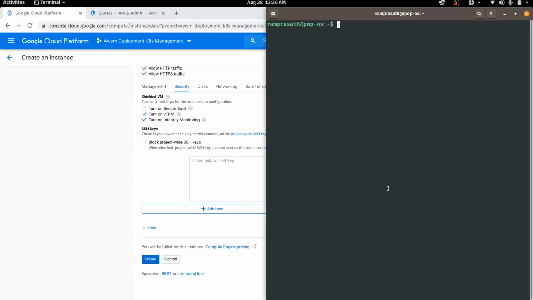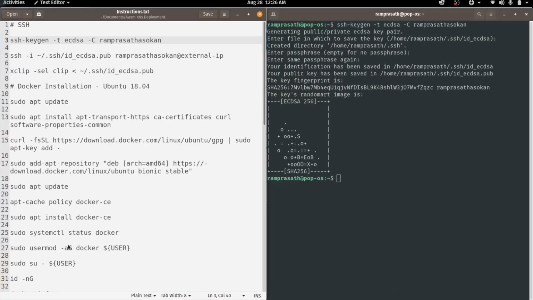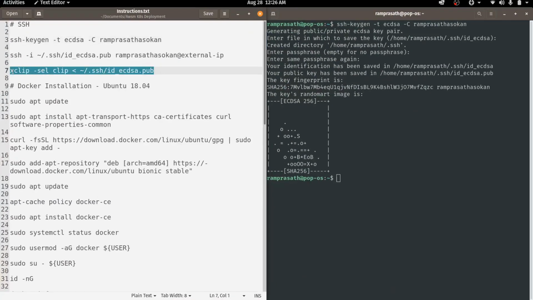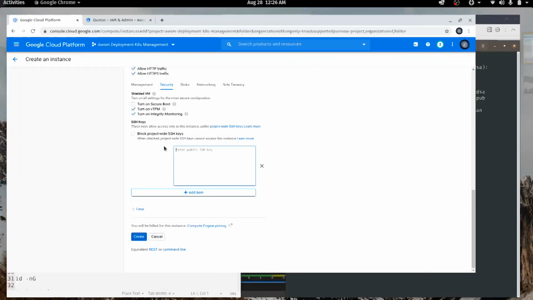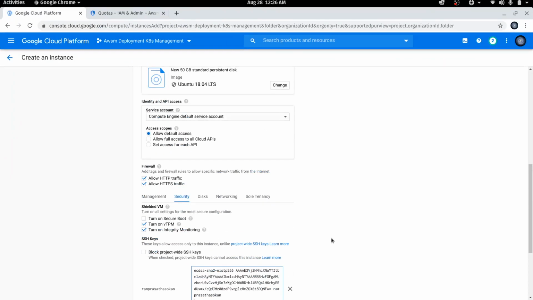So how we are going to enable SSH is we are going to generate an SSH key file using the ssh-keygen command. I'm going to use the ECDSA algorithm for that, and comment as my name. I'm using a tool called xclip for copying the key. It's done. We're going to copy it here. Yes, once this SSH key is copied,